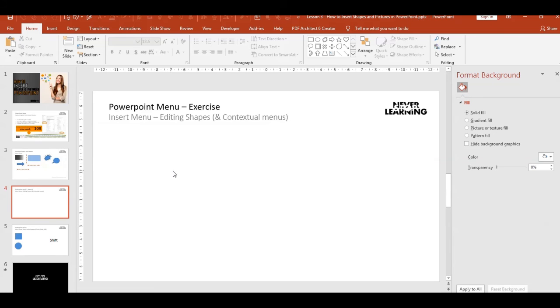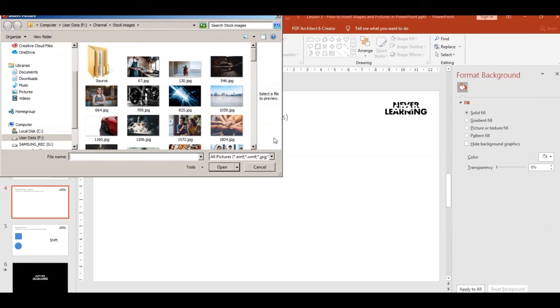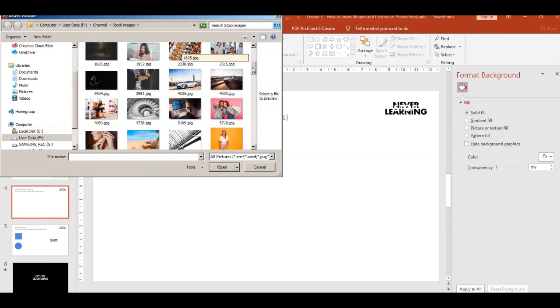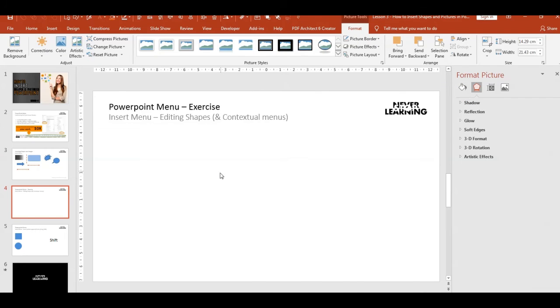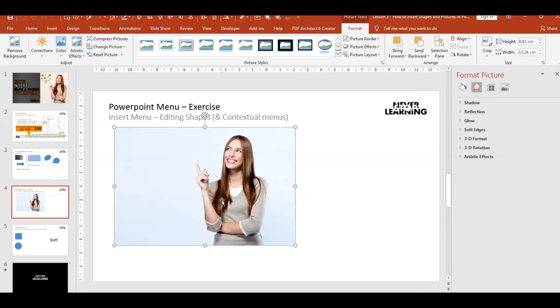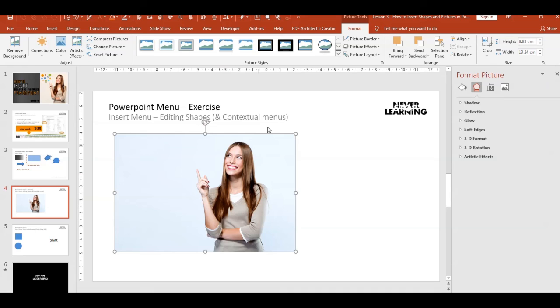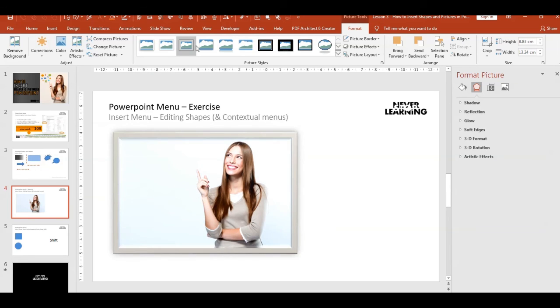Okay, so let me show you also how to insert images in PowerPoint. So if you go over here, you click on the first one, then scroll down. I'm going to take an image which I'm already attributing in this PowerPoint. So you can insert the image like this. Once you click on it, you will see the format menu, a couple of options over here. So give it a border,